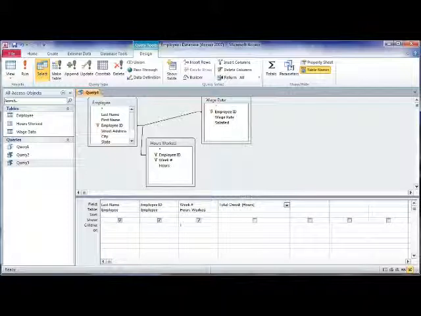This tells it that it's looking for a field in the table, multiplied by, that's the asterisk there, multiplied by wage rate, make sure you spell these correctly,